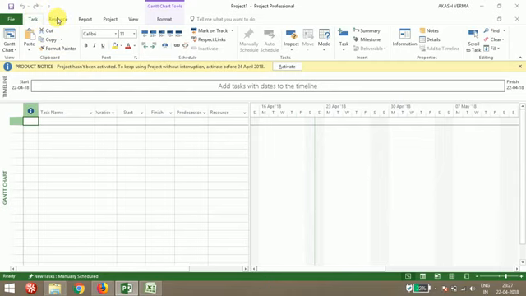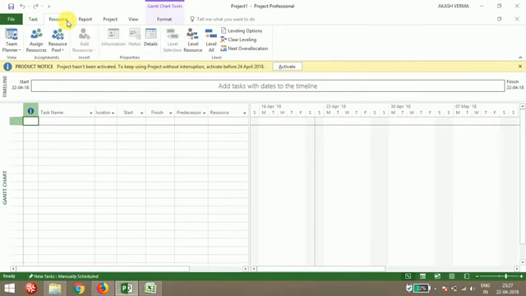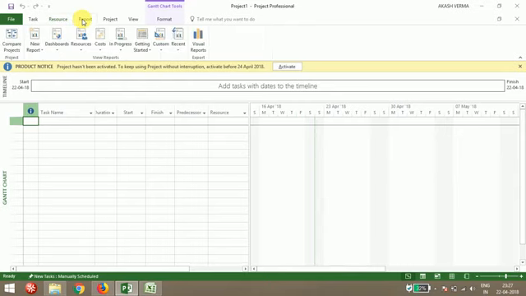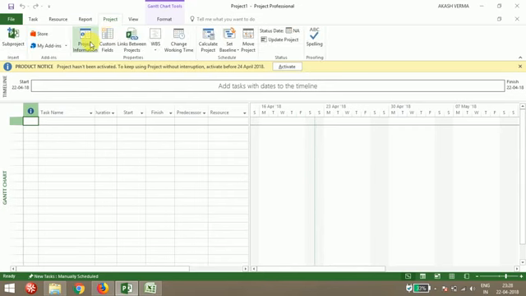You can use these tabs, like in the task tab you can enter your activities, duration, start date, finish date, and predecessors. And here you can see this is the space for bar charts. Whatever data you enter will come in the form of a graph here. If you want to assign a resource to different activities, you can go to the resource tab, and if you need a report of the entire project or the different activities of the project, you can go to report.